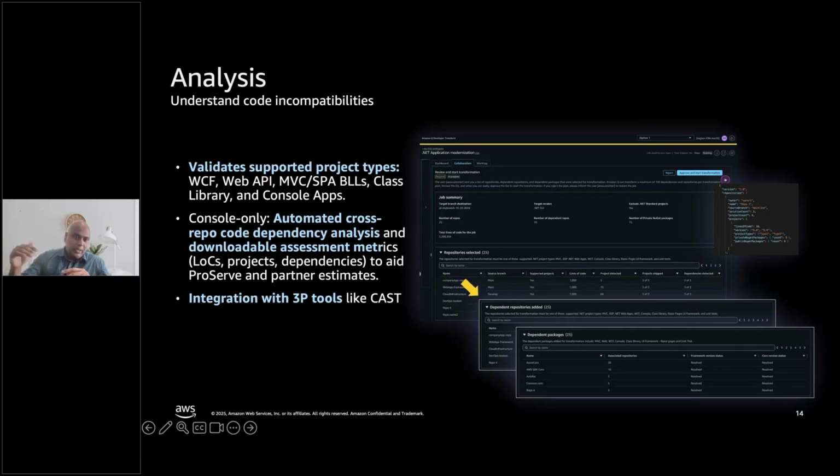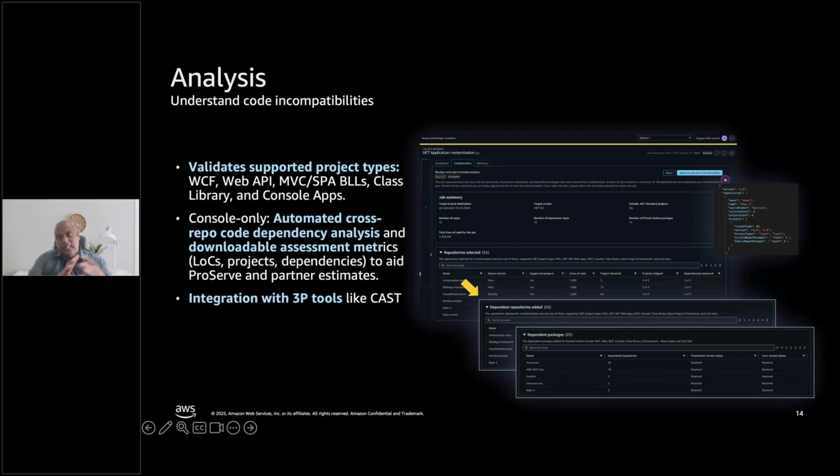So this ordering and dependency analysis is very crucial to ensure that at scale we are able to map out these dependencies, and if there are any private packages that you are using, that we are able to point that out so that we can resolve those dependency issues prior to the transformation.